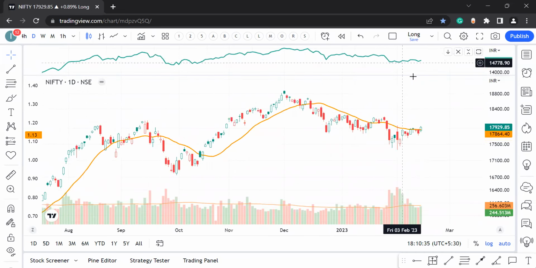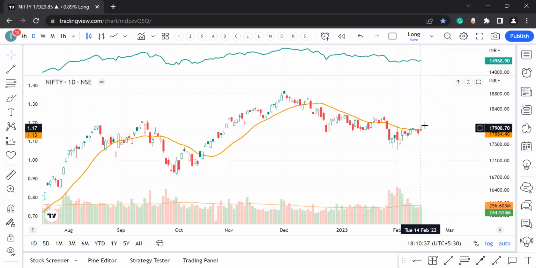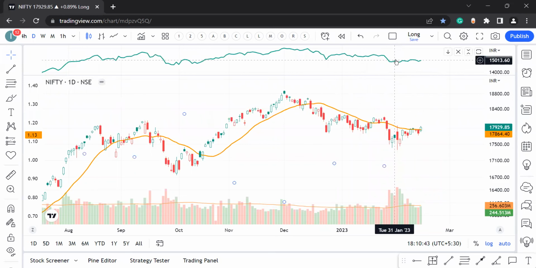So we were comparing the performance of the stock against the whole market. If you've not been able to really spot the relative strength with this method, the other way what you can do is